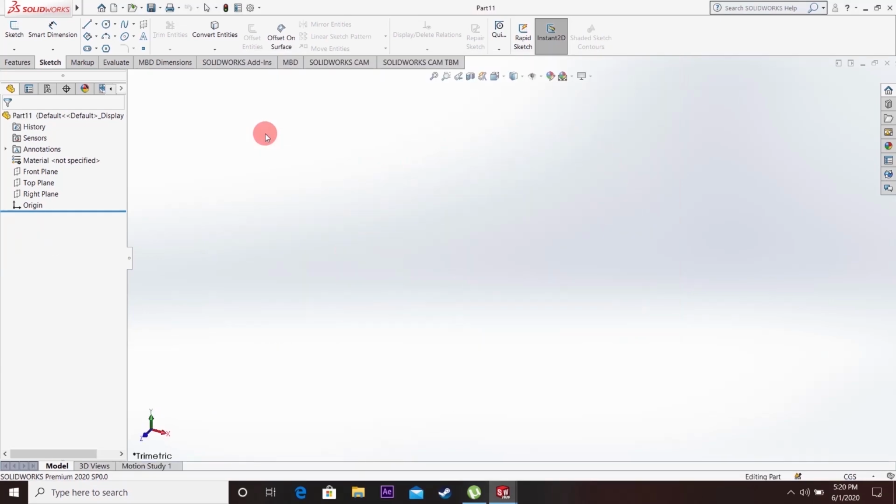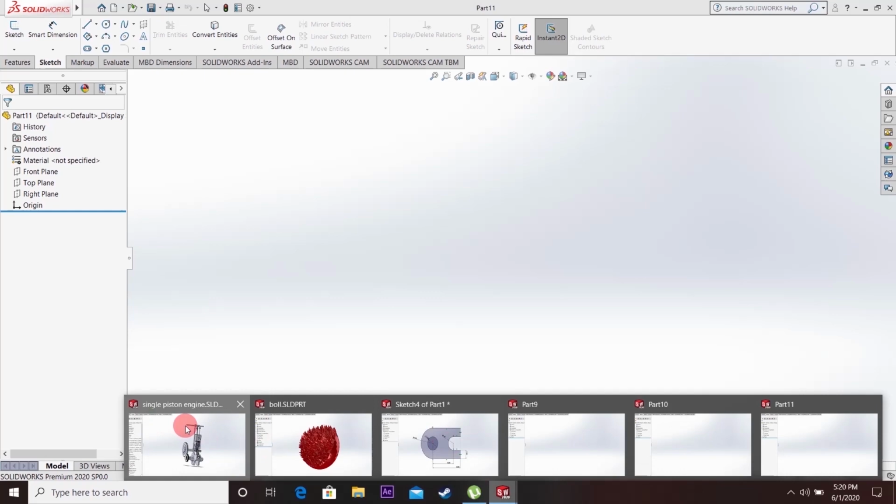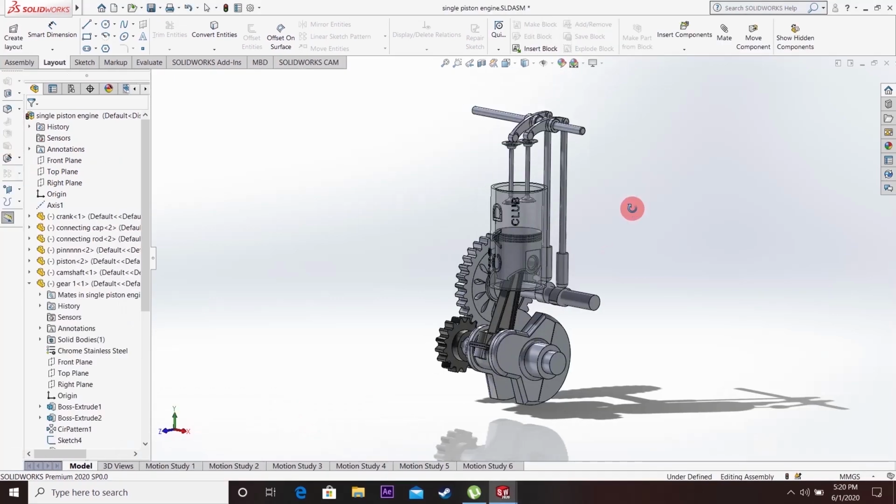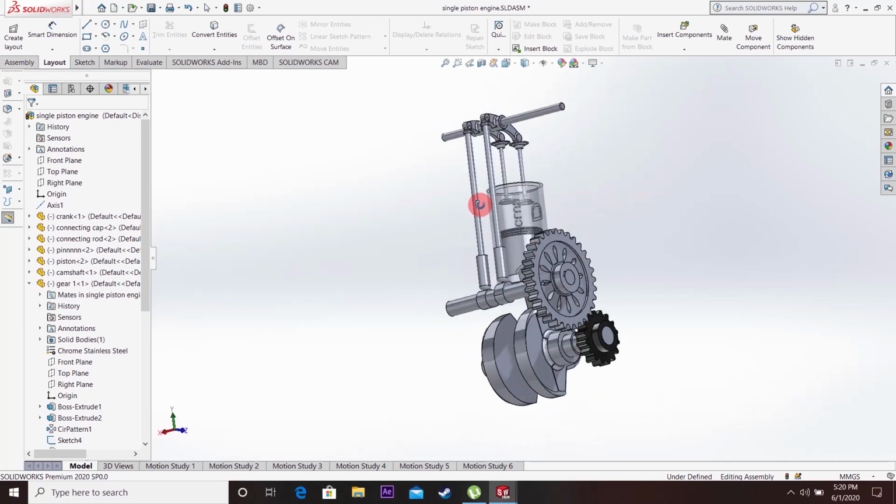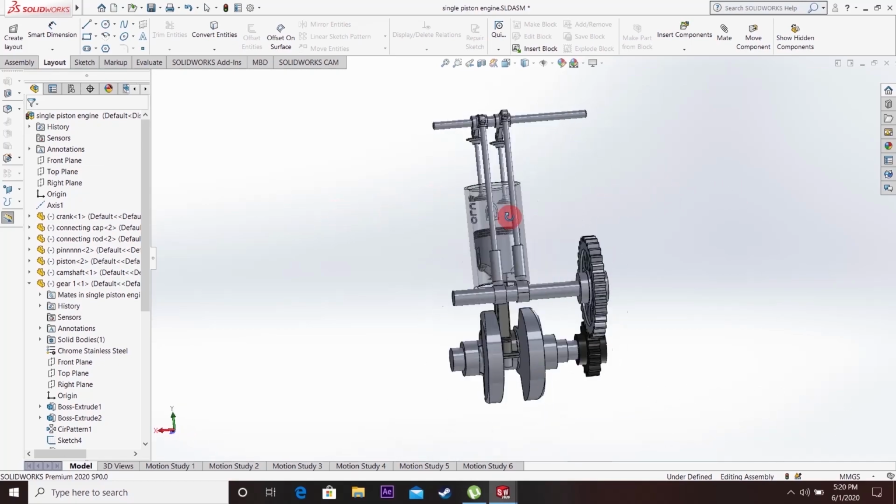But before going to the part, we need to know how to move around the workspace, right? So we need to know some keys for that. If you are using a mouse, you can rotate your model by using the middle mouse button or the roller button. Click and hold your roller button and drag it, so that you can rotate your model.